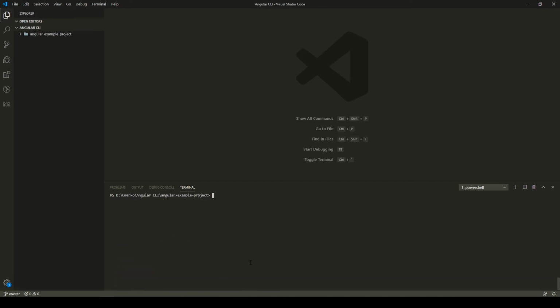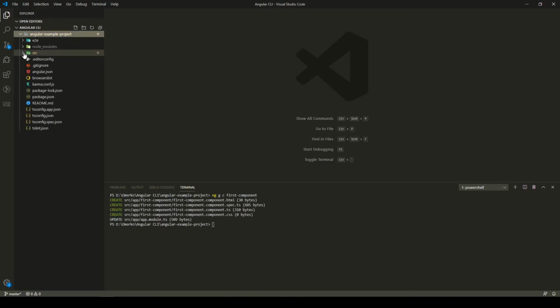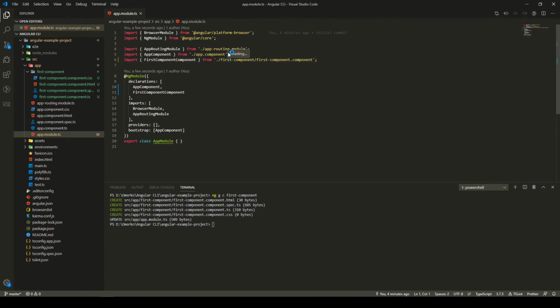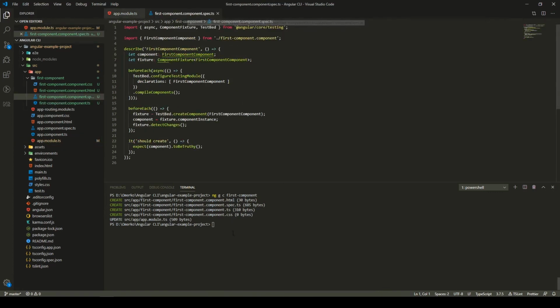So one of the most used scripts would be g for generate and c for component. So I will name my component first-component and hit enter. So as you could see, it automatically created a component for us. So if I go to src/app, I will see my first component here with an HTML file, CSS file, a TypeScript file, and this test file. Also it added it to app.module, imported it automatically, so we don't need to do those manually. It also created this test file, so now we could run tests with ng test,